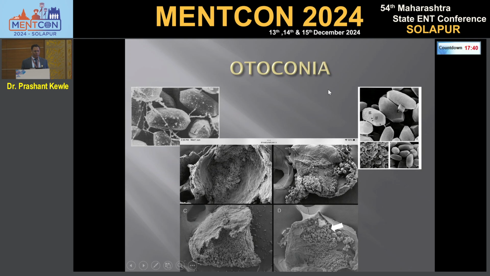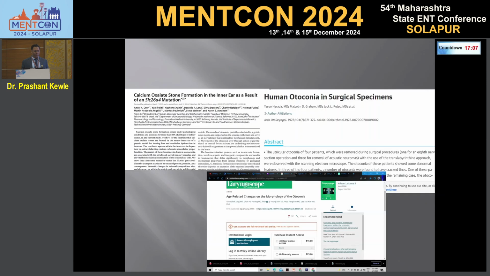These are the sections of the rat utricle. This is the utricle, and you can see this dot dot dot dot. These are all the otoconia. When they did the study, they saw that in the younger rat, the otoconia are smaller in size. As the age goes, they mature and become bigger in size. So what happened? There are links and they break because of their becoming bigger, and then they fall. They are in the utricular endolymph and all the canals are there where they can go.